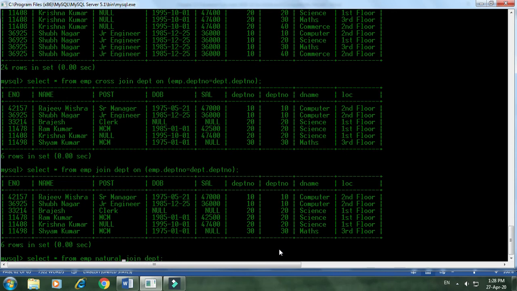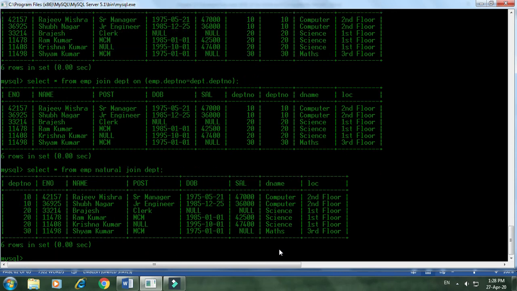Now you can see the two identical columns, and only one column is appearing here. Only one column, department number, is there, not both times. That's why it is called a natural join. So in natural join, the two identical columns are not there. I hope that it is clear to everyone.